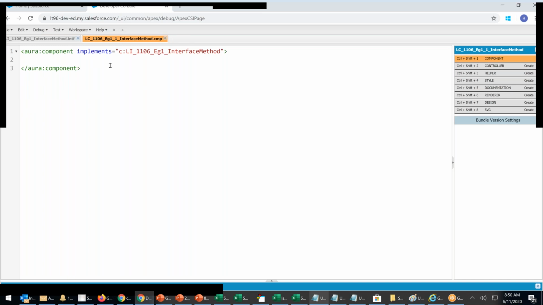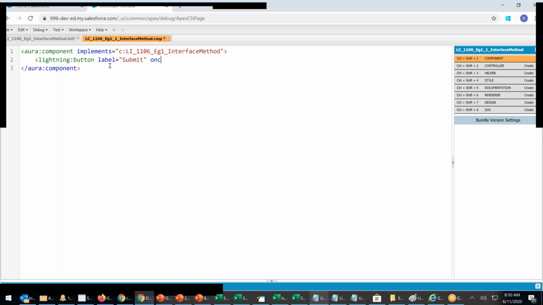I will directly have a button, a lightning button. Label equals submit.